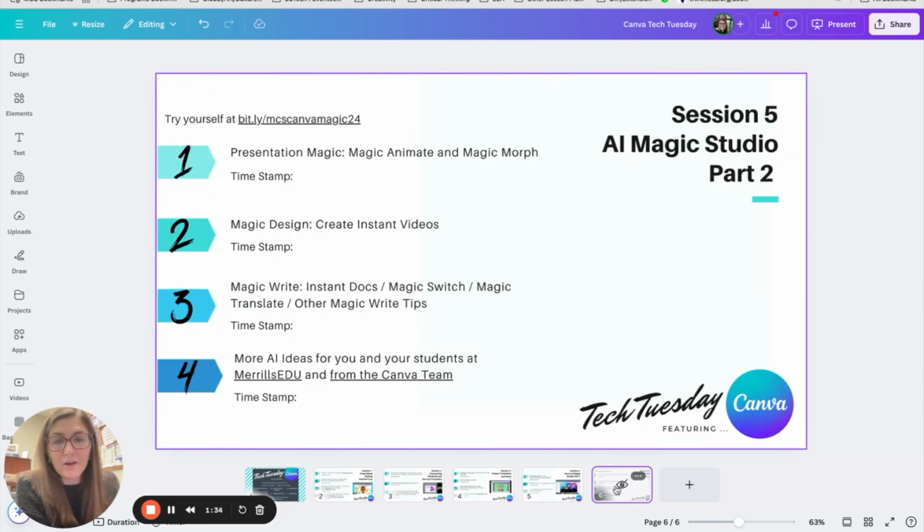All right, so we are on session 5. This one is the second part of our AI Magic Studio, which we introduced a couple weeks ago. We talked a lot about the image editing features and video editing type things in the first session. For this one, we're going to be looking at a few of the other things Magic Studio has to offer. We're going to look at some things that you can do within your presentations. We'll look at creating instant videos. Then we'll spend some time in Magic Write. There's quite a few things you can do with that. And then I'll also share some other places you can go for more AI ideas